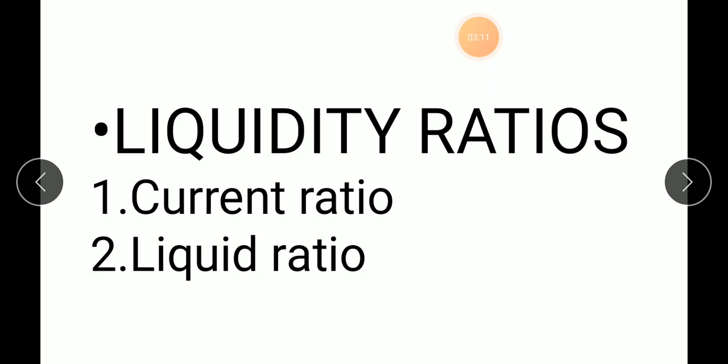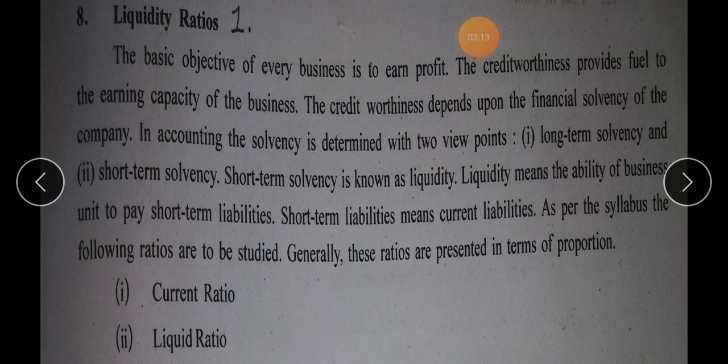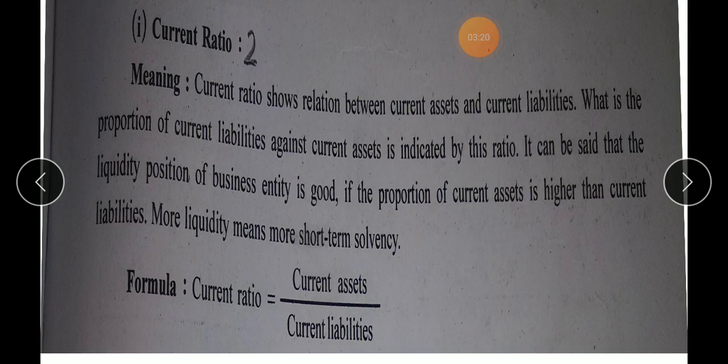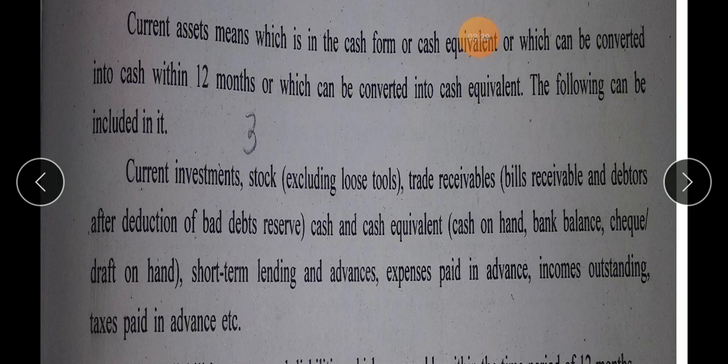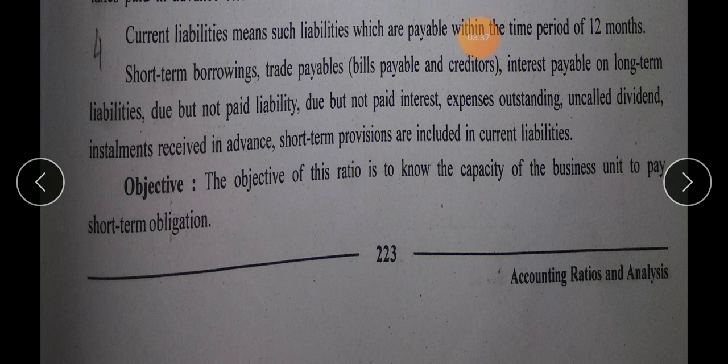in the previous lecture. Of course, we have understood about liquidity ratios, the 2 ratios included in it. Then the meaning of current ratio and the formula for same, which is current assets upon current liabilities. Thereafter, we have understood what is included in current assets. This paragraph I asked you to put a tick mark. Then we have also understood what is included in current liabilities. And this para is important for that. I asked you to put a tick mark for this even.